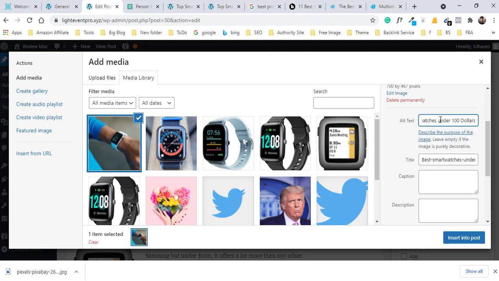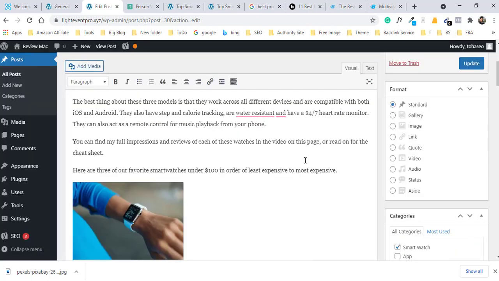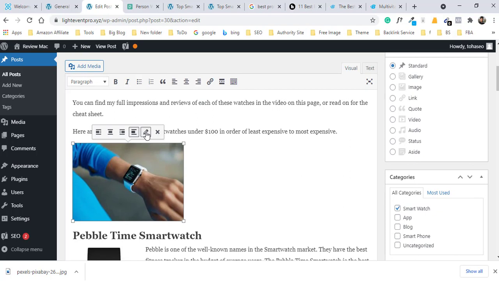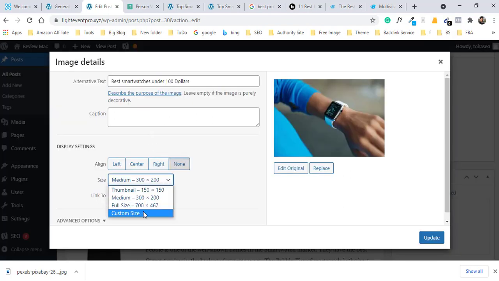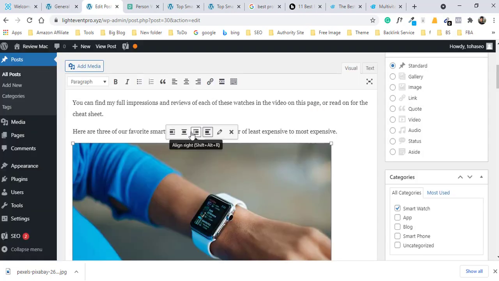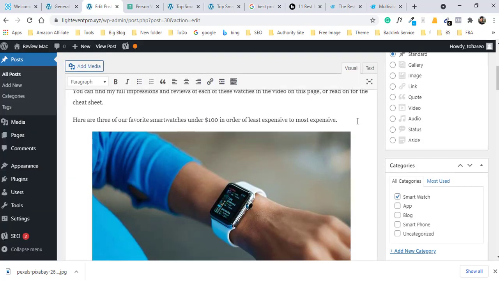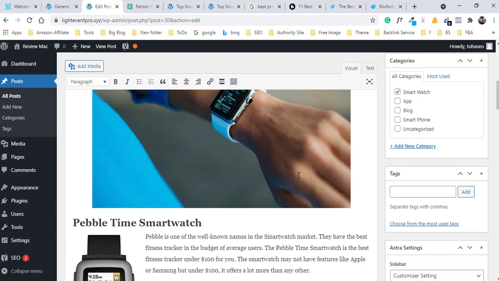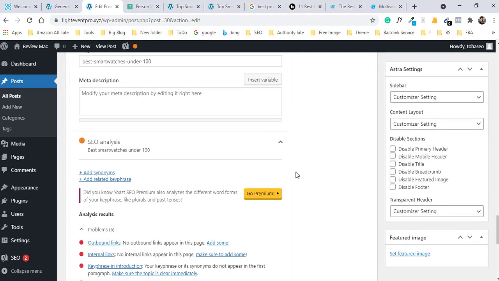So here I put my alt tag with the keyword, insert in post. I want this image full size, and update it, alignment medium. And now I check again whether my problem is resolved or not.